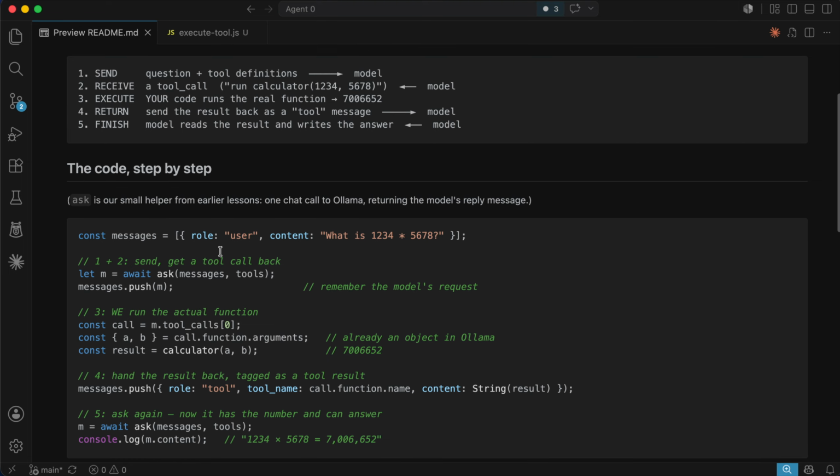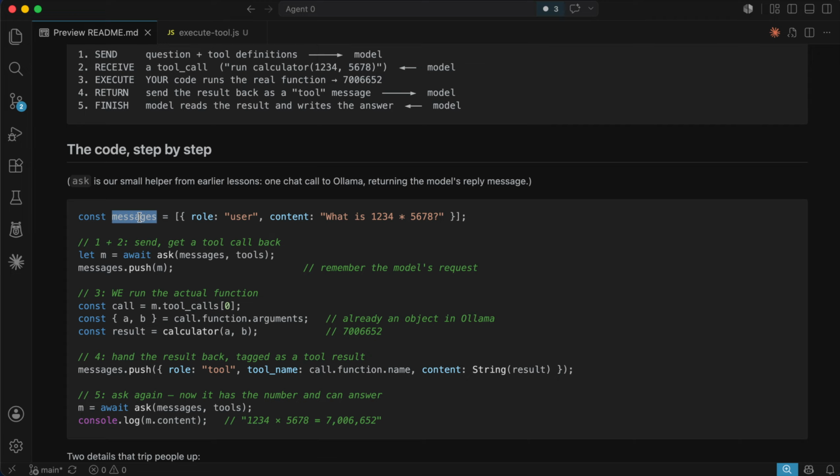So here is a sample code. The first thing is we have a message array where the first role is user and then the content. You can also have a system role in the first index, but in this case we don't really need a system prompt. So we ask the question from the LLM and then push the message in the message list, and we check if it's a tool call. Then we figure out the first tool, and since in this case we already know that this is going to be a calculator because that's the only tool definition we have given to our LLM, so we simply call it here. But in a real program this should be a dynamic tool call based on the name of the tool and